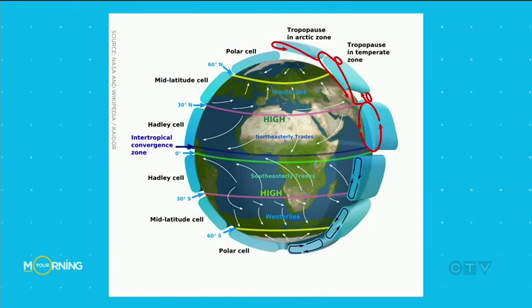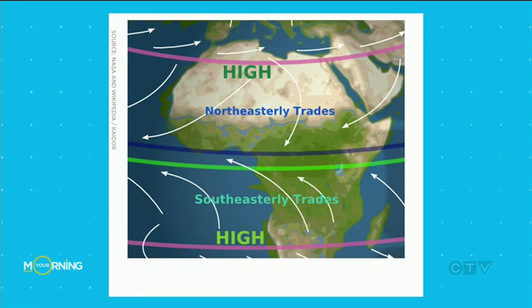So if we take a look, I've got a graphic here showing some of the circulations across the globe. You see where we are would be the westerlies. This is east of us, obviously. We're looking at Africa, but we would be in that westerlies band. If we look closely at the equator, you see the winds go the other direction. They're going east to west. These are what are called trade winds. So this is what also exists when we look at South America.